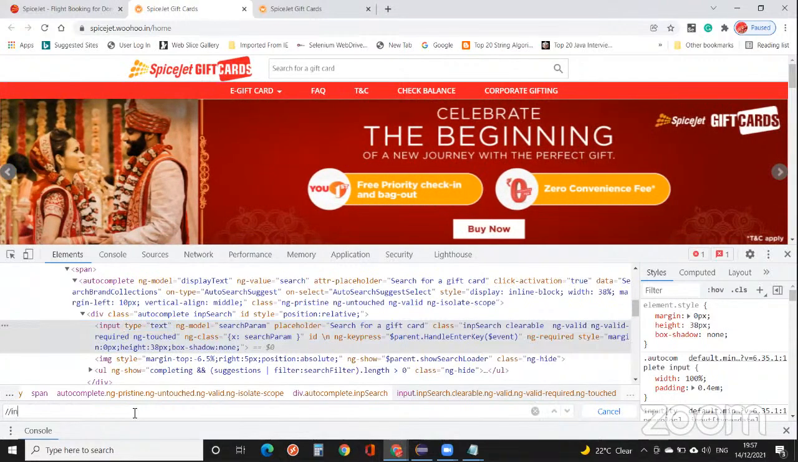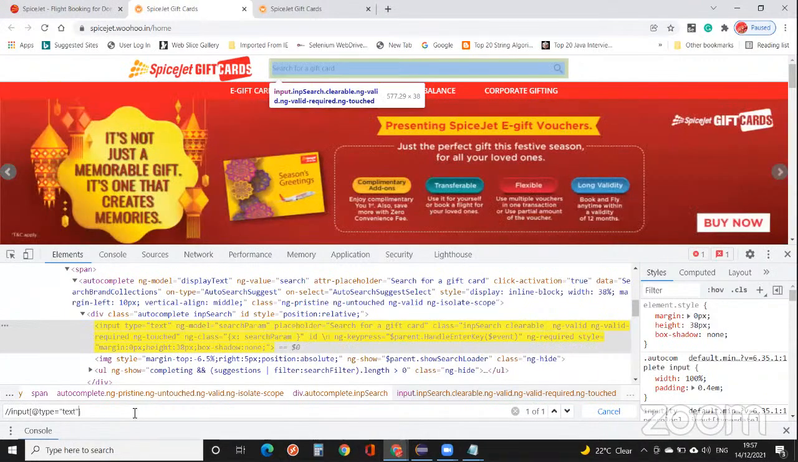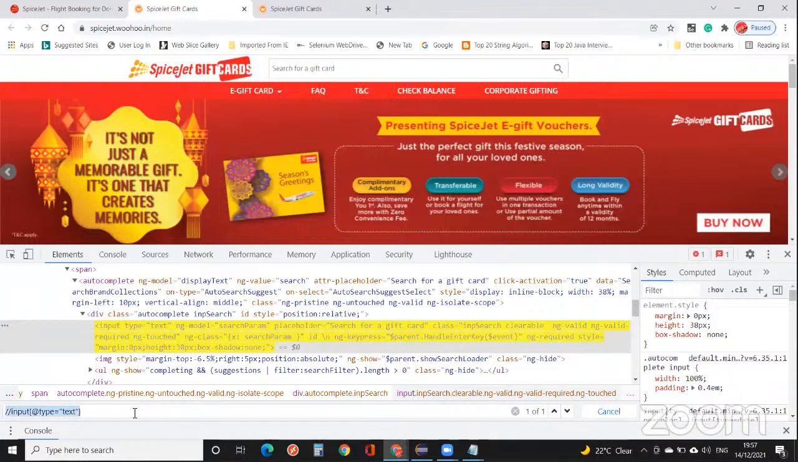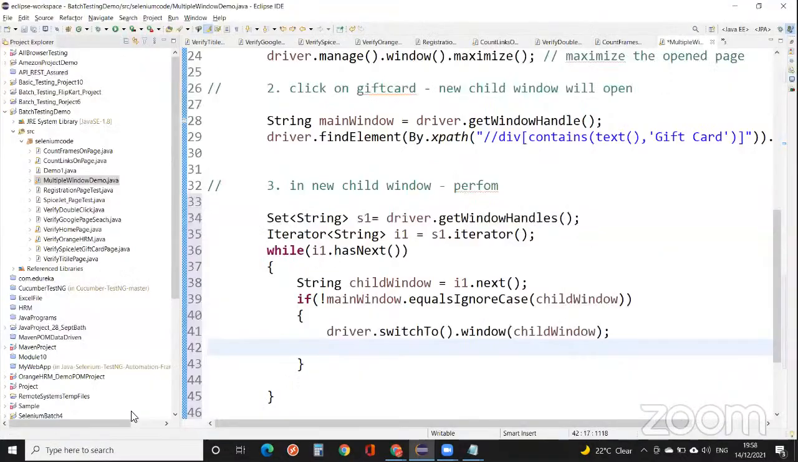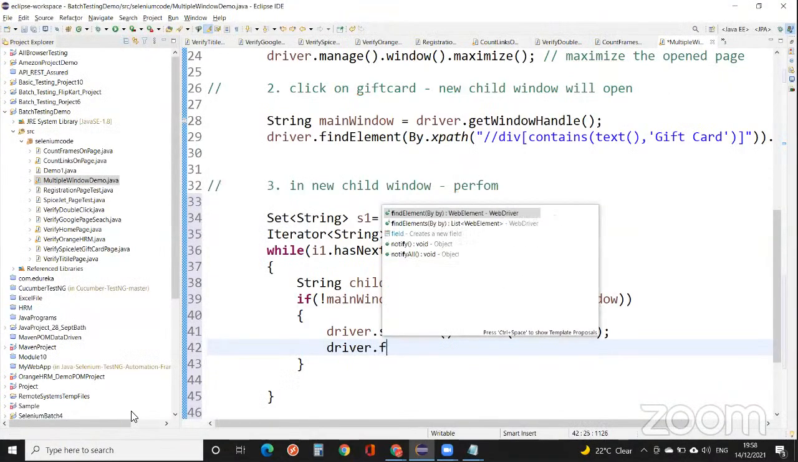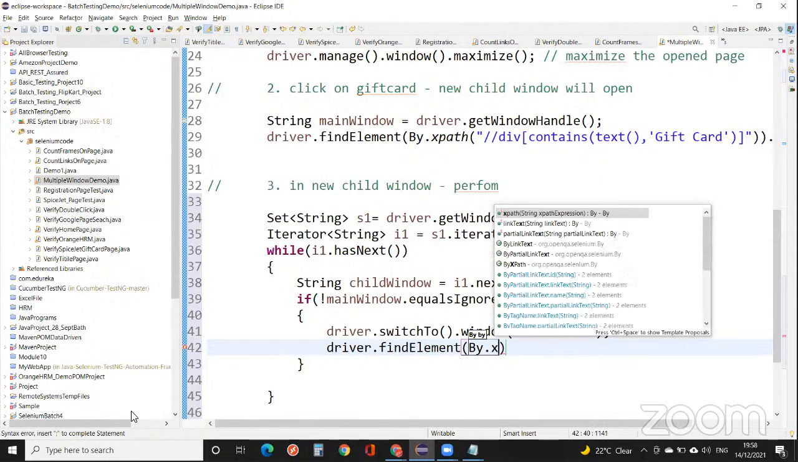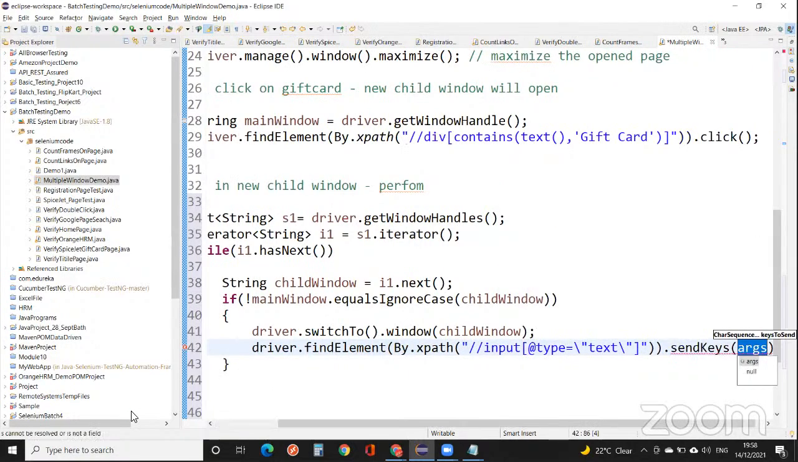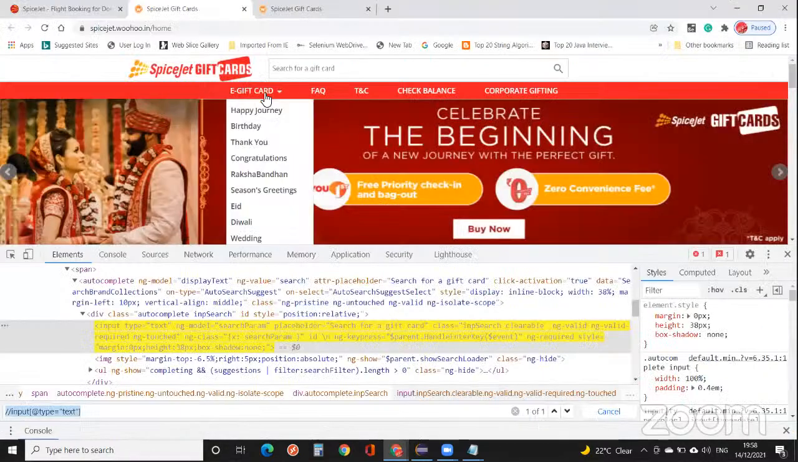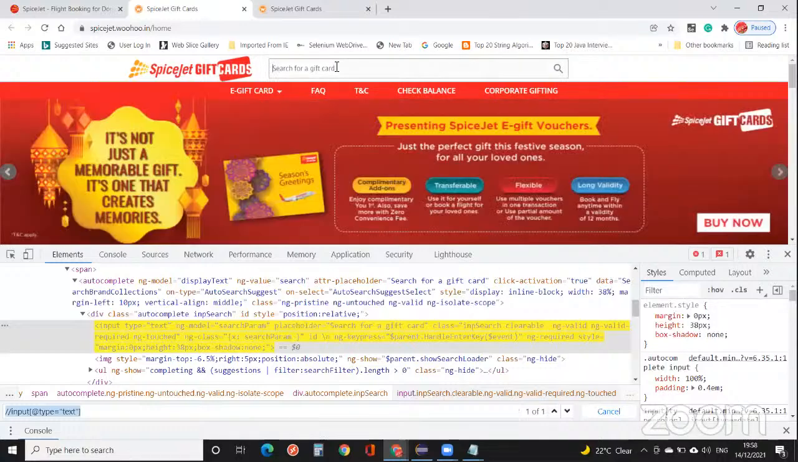So input @type equals text. Okay, this is a simple XPath we will write. And here driver.findElement by XPath. Okay, and then after switching to the child window, we have to write something, sendKeys, and what you can type in here is